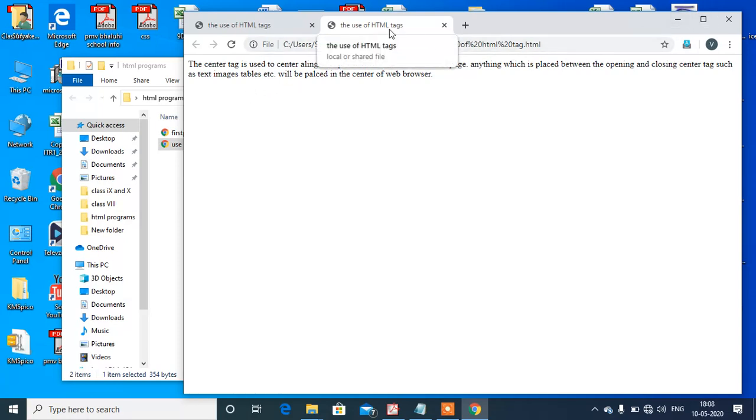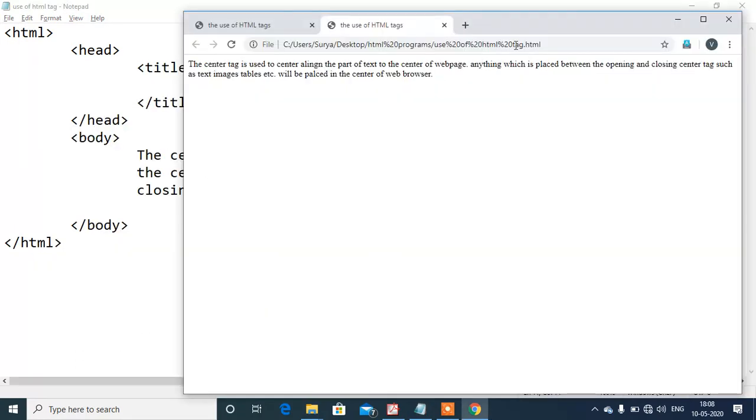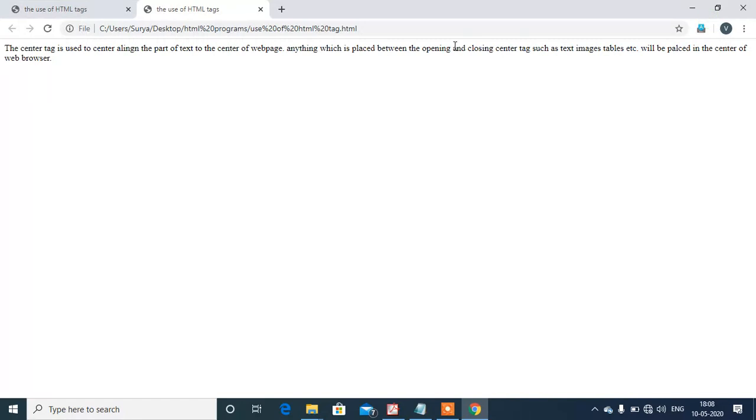Here in the title bar the use of HTML tag is given, and in the body these set of lines are given. See, in the body tag we have written 4 lines, but when we execute in the browser it will display only 2 lines. That means whatever formatting we do in program code is not going to be reflected when we run the program.